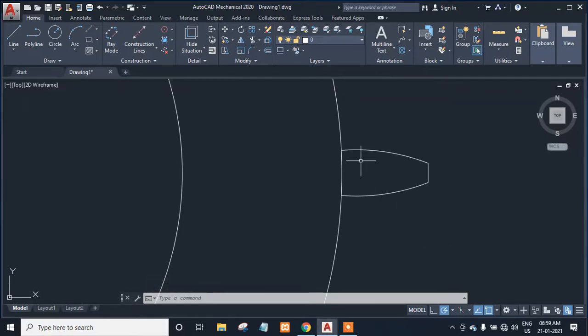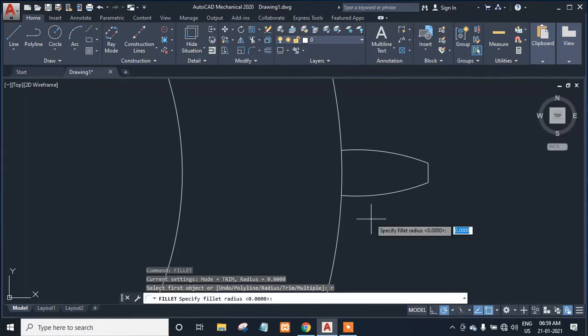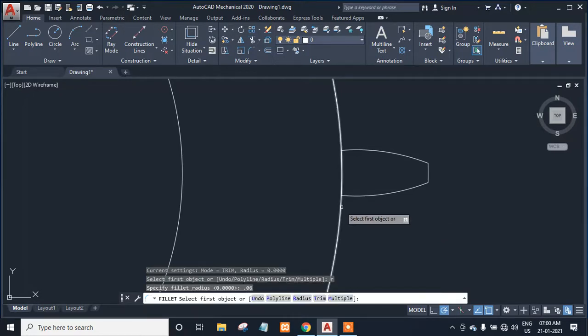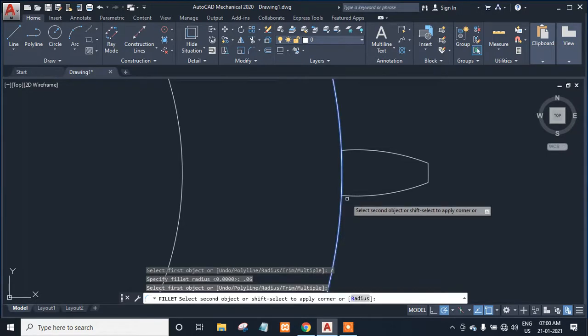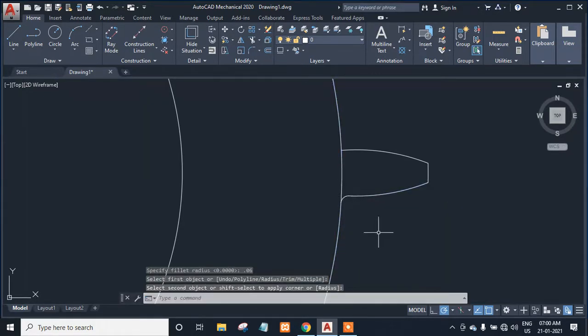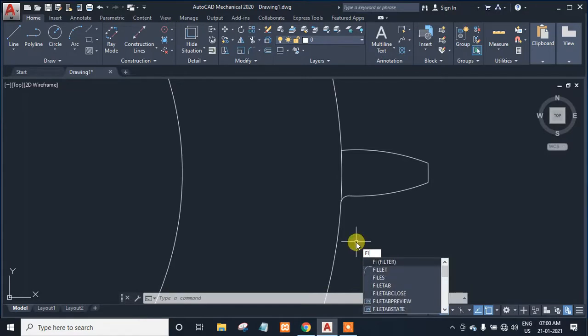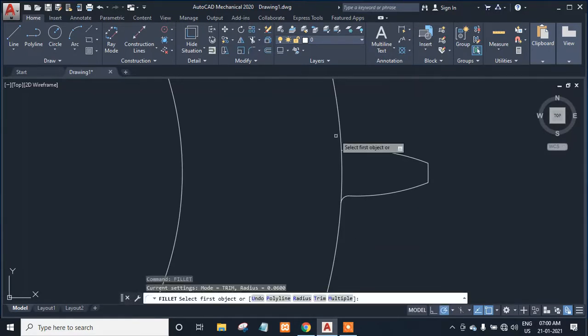And now use the fillet command, FILLET, okay, click on the fillet and enter the radius of 0.06 mm, okay, and click on this one and click on this one, okay, and repeat this command again, hit the fillet, enter, okay, and again click on this one and this one.